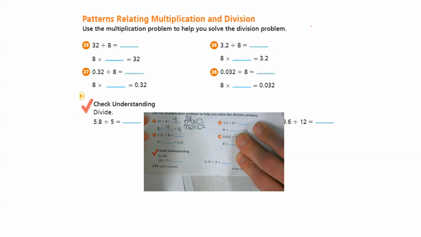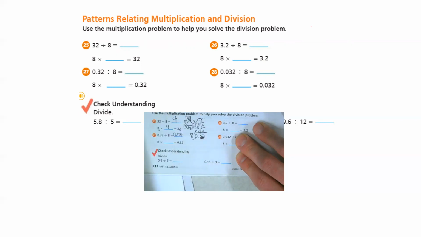So let's move over to 27. So it says 0.32 divided by 8. Ooh, so let's go like this. 0.32 divided by 8. This helps me realize what's going on. It does not go into that. You have your decimal, and then how many times does it go into 3? It doesn't. How many times does it go into 32? We already said 4. So that answer is